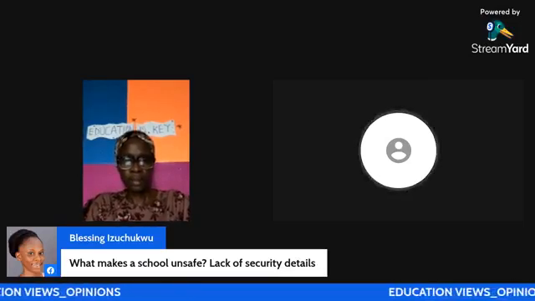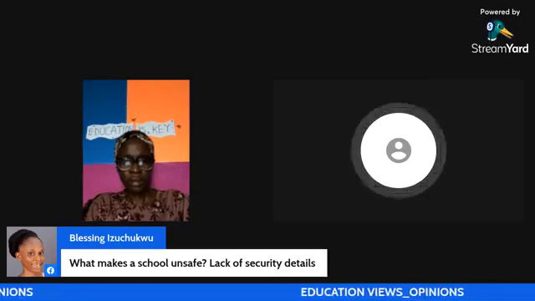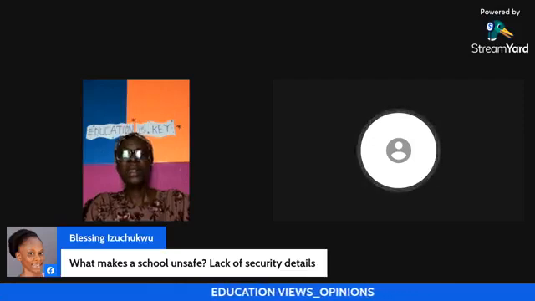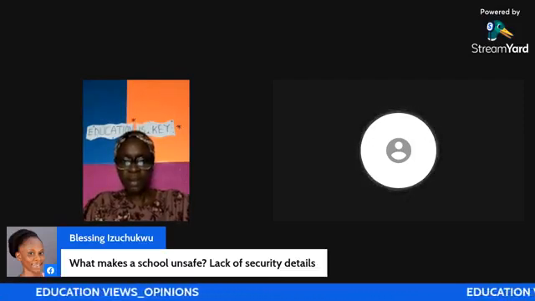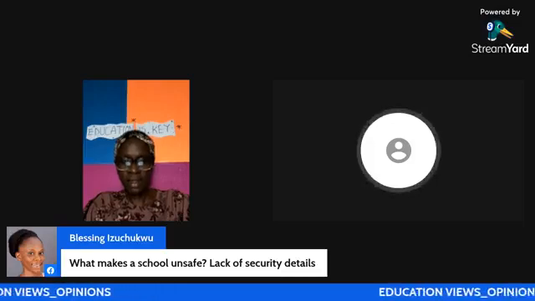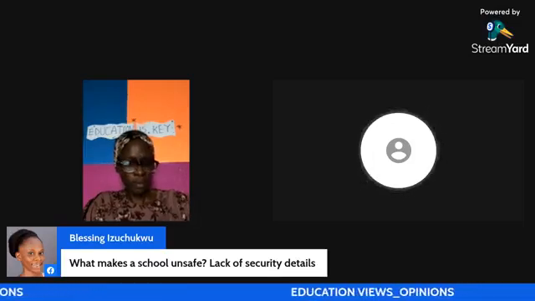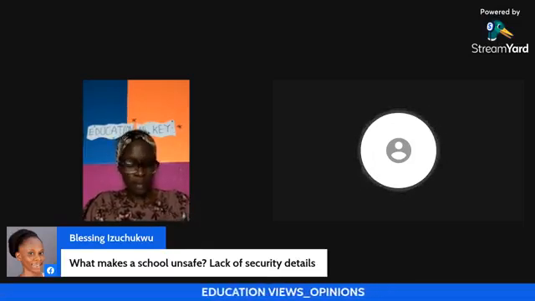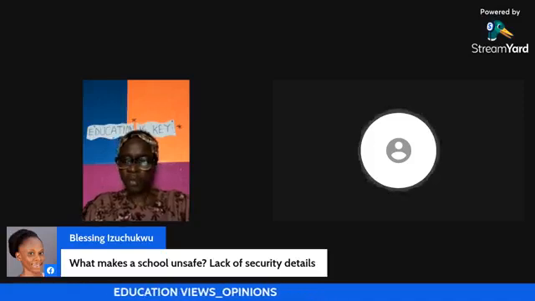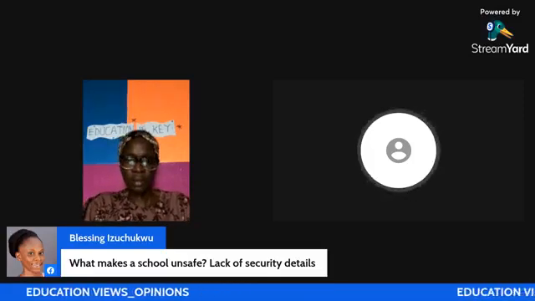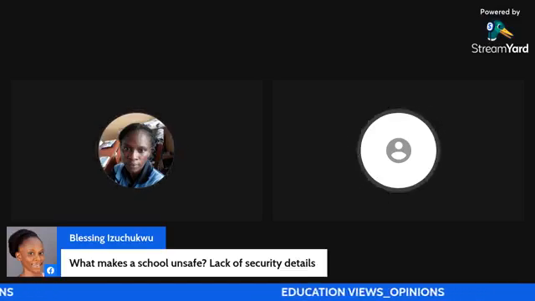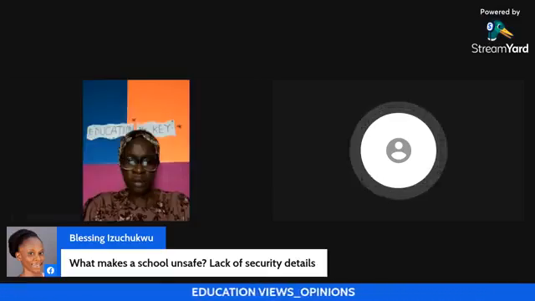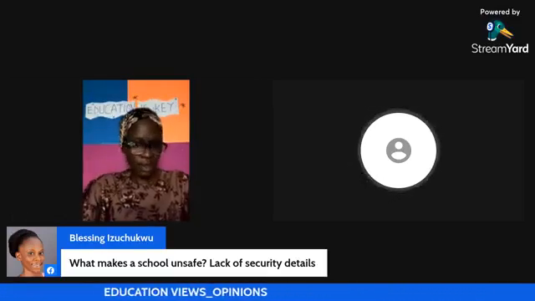Even if we have security personnel, there should be proper record. If you have not been asked to come and pick a child, even if the person picking the child is not coming, you should inform the school that the person is not coming and someone else will be coming. And when that person comes, either you send the picture or you bring that person to the school to be introduced to the school, to the security man, and even the teacher of such children.